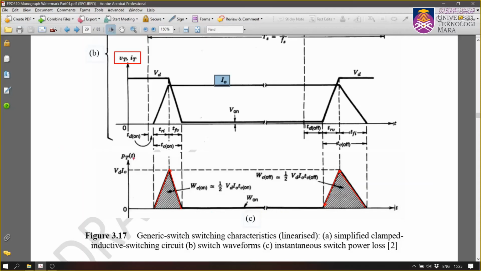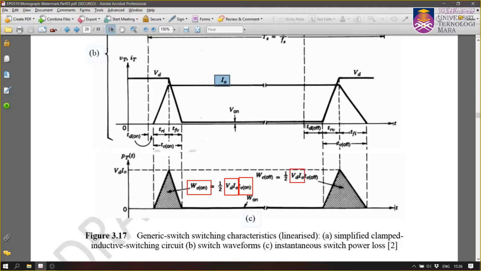Okay, so you get the power, and if you integrate to get the area under the curve, that will give you the energy. So this is known as a triangle. So you apply the triangle equation: half multiplied by the height multiplied by the base, isn't it? So therefore half multiplied by, this is the height, and this is the base. Okay, so that gives you the energy during turn on, and during turn off you have half multiplied by VD